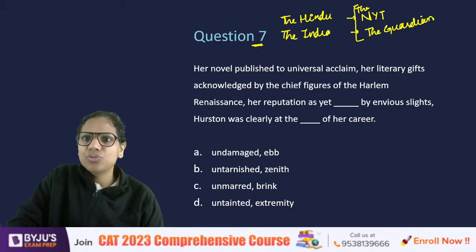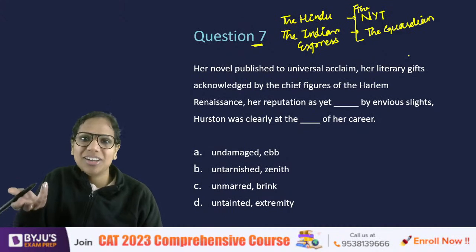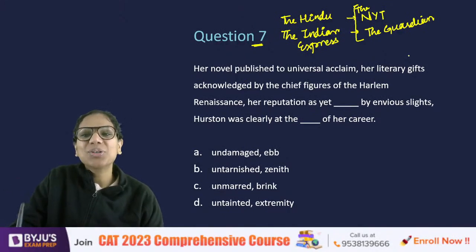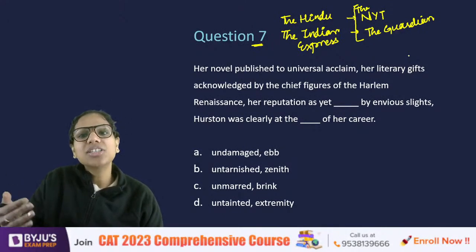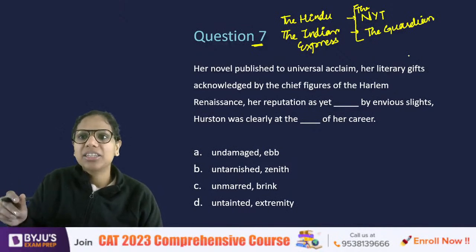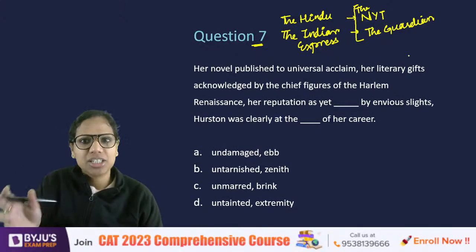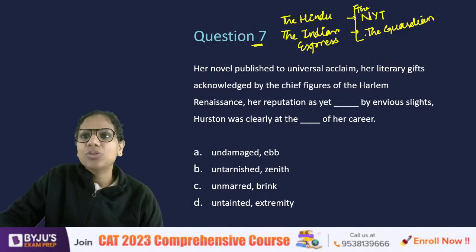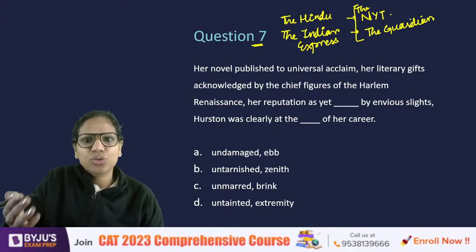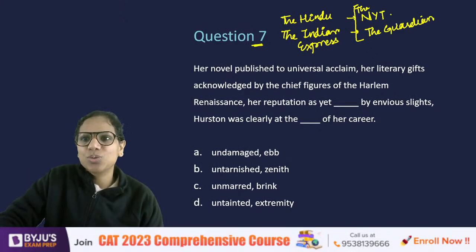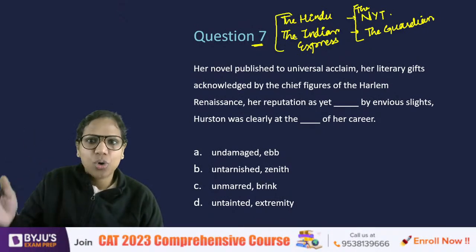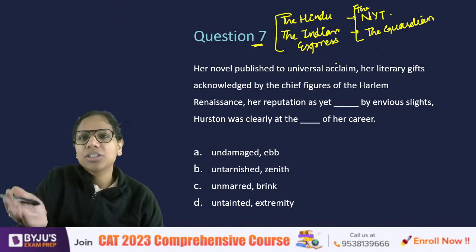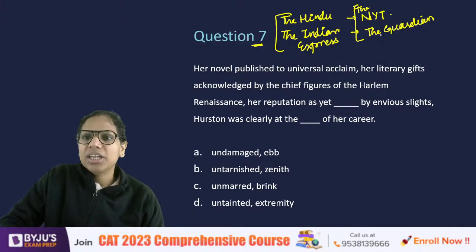So my suggestion would be that you read one Indian newspaper and one global newspaper. Now you must be thinking, where is the time for that? Yes, so you don't have to read each and everything. Just focus more on the editorials and the international part. What is happening in the international arena? When you read one of them, you'll get to know what is happening at least in the US and the UK, and through this, you'll get to know what is happening in your country. So that will give you a broader view.